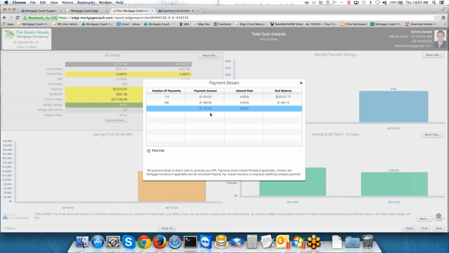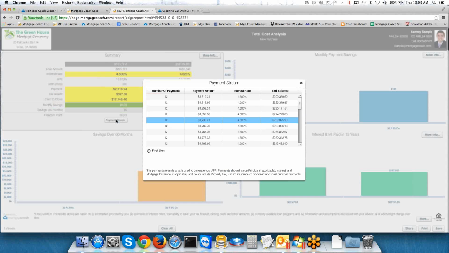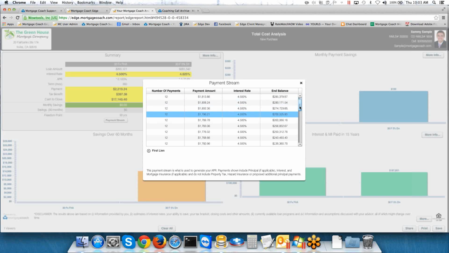Now most people expect to see something like this, and if I had no MI, there'd only be two line items here. But what most people don't expect to see is, check out the payment stream on the FHA program. This adjusts every 12 months, and it's not the rate adjusting, it's not the payment adjusting, it's the MI adjusting. The MI is declining based on the average 12-month balance every single year. So you can see what my ending balance is doing going down the line. This is what's determining my MI dropping. And when I get to the very end of this,